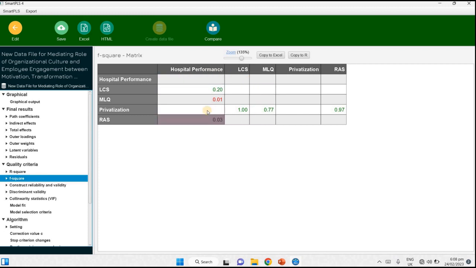So these are the values of the F square. Now the greatest contribution is there of the LCS, which is 0.20. Okay, and MLQ has nothing, because if the value is less than 0.02, it means its effect size or F square is nothing. So now the beauty of software is that whenever there is no violation, those will